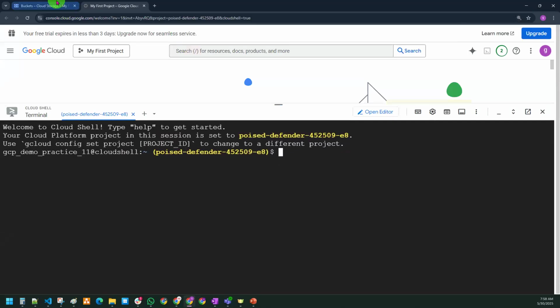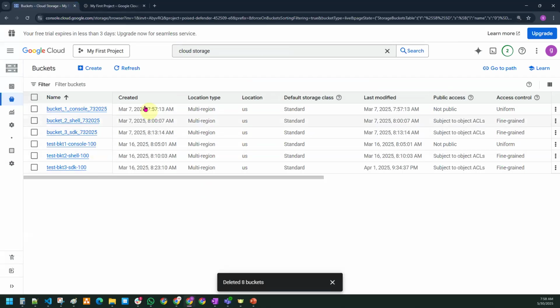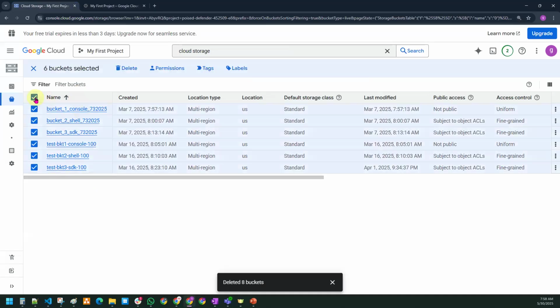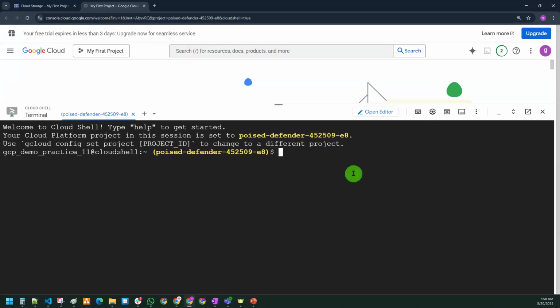Now, in Google Cloud Storage, you are able to list down all the buckets. There are 6 buckets. Sir, I want to list down all the buckets in the Cloud Shell also. Is it possible? Yes, you should be able to. How do we do that?